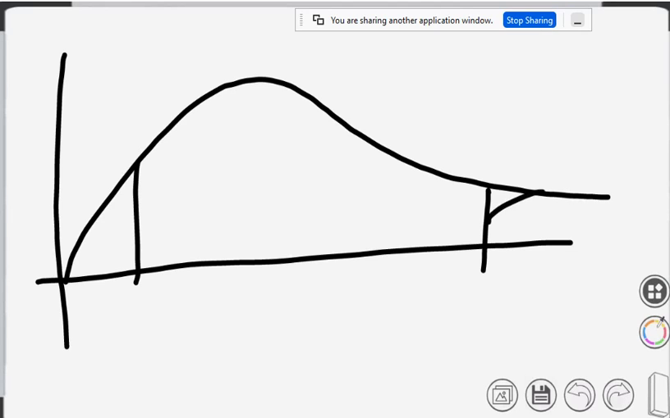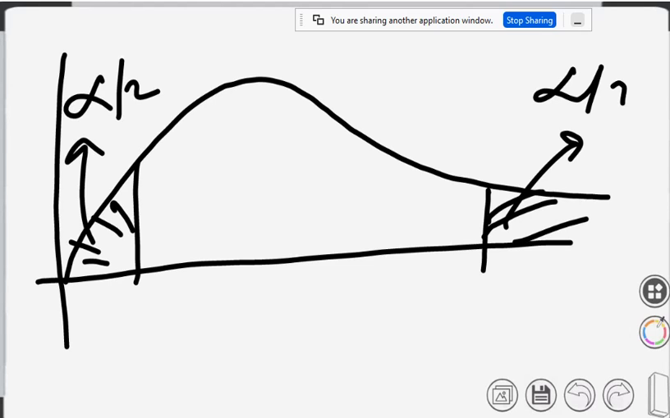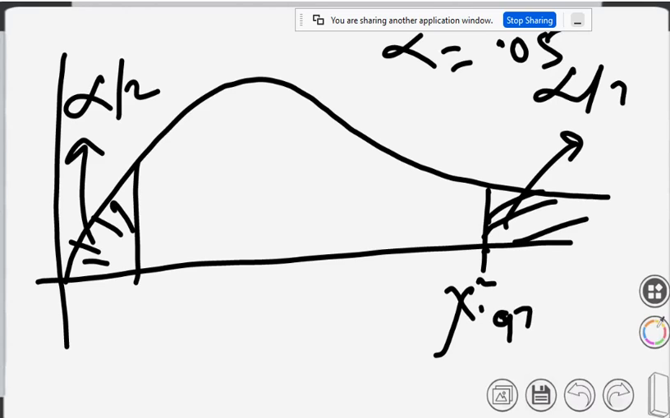So on this side it will be alpha by 2, and on this side it will be alpha by 2, but here these two values will be different because chi-square is not a symmetric distribution. So if alpha is equal to 0.05, then this point will be chi-square point 975. Did I make a mistake? What is left after removing 0.05? Yes, 975, I made a mistake. So dividing 0.05 into two parts, this area will be 0.025,